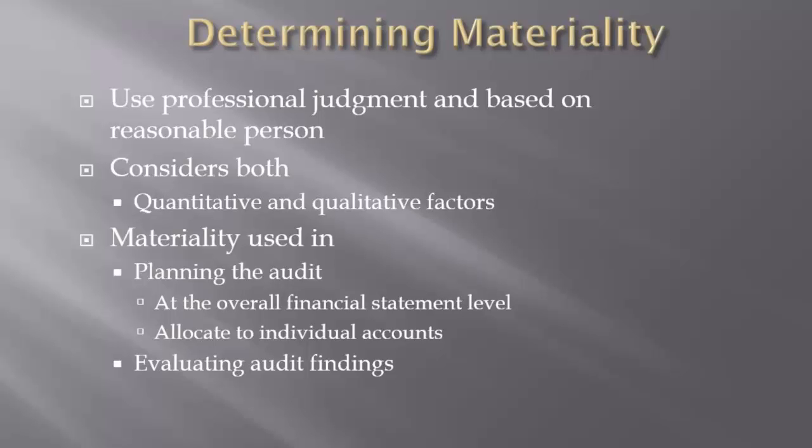But the larger the organization, the greater the material error. We clearly will not be telling management this, because if we say we allow an error rate of $1 million, well, guess what? As long as everything is within $1 million, they're going to be fine. So we don't tell them what our materiality is. But what we're looking for is a threshold by which, as we assess the accounts, if they're within this material level, then we are going to accept that the presentations are presented fairly.